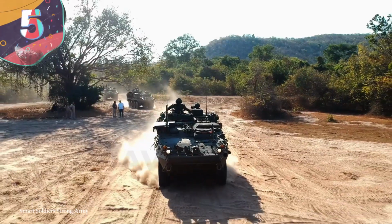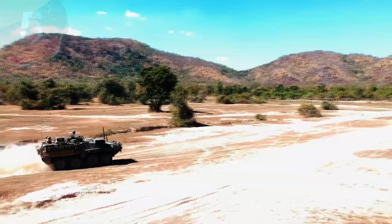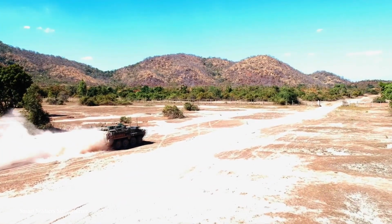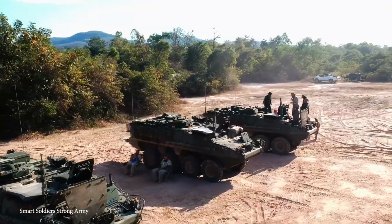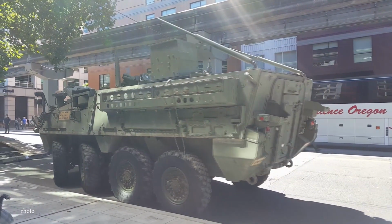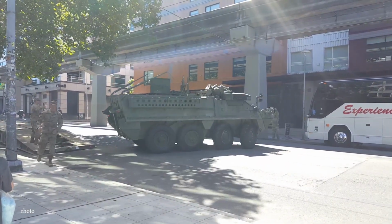Number 5. IAV Stryker. The militaries of North America pack a serious punch, and we're not just talking about the good old US of A. Their neighbors in the North have their own big and crazy toys that they like to bring to the playground too. So the Canadian branch of General Dynamics Land Systems cooked up the Interim Armored Vehicle Stryker, or IAV Stryker for short. This vehicle is another 8x8 vehicle with speed and agility at the helm, along with heavier protection and